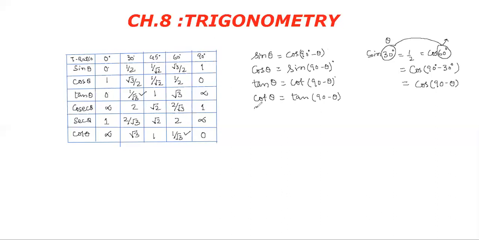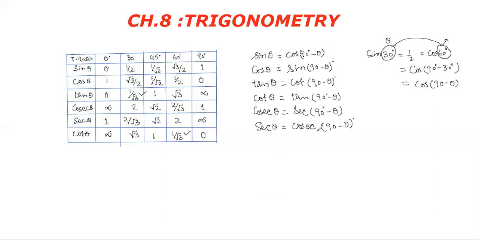Therefore, another formula: cosec theta is equal to sec 90 minus theta, or sec theta is equal to cosec 90 minus theta. I hope you are able to understand